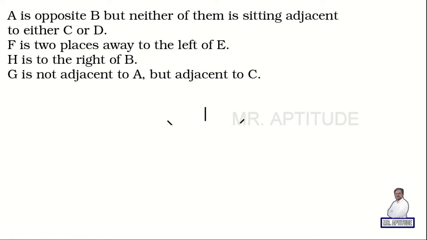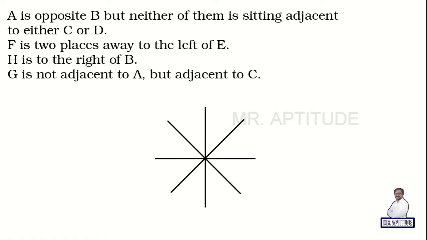Let us assume a circle this way. As there are 8 members sitting around a circular table, let it be the circle now. Now my question is, which condition should we start with? I want you to go with a condition where you are given more information. So let me start with the first one. A is opposite B. So let me place A this way. As A and B are opposite each other, as it's A, this person should be B.